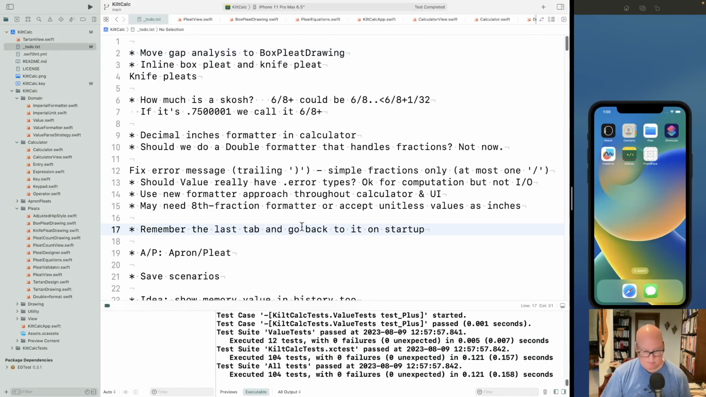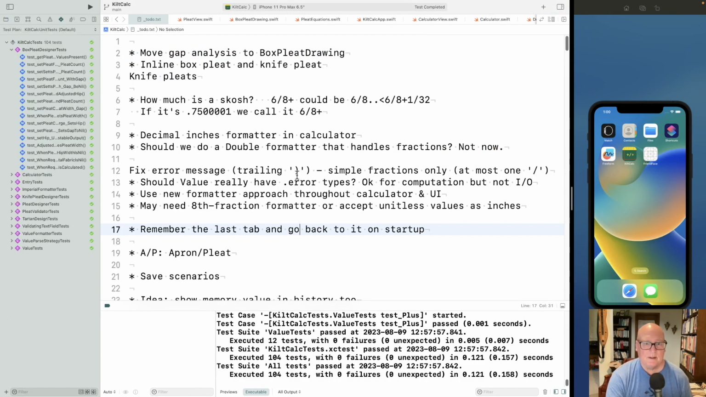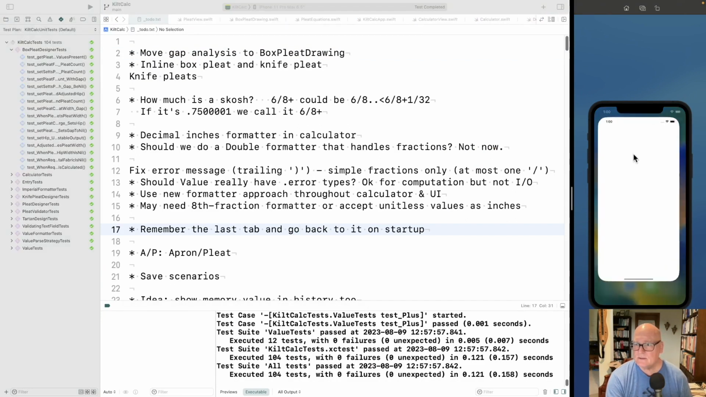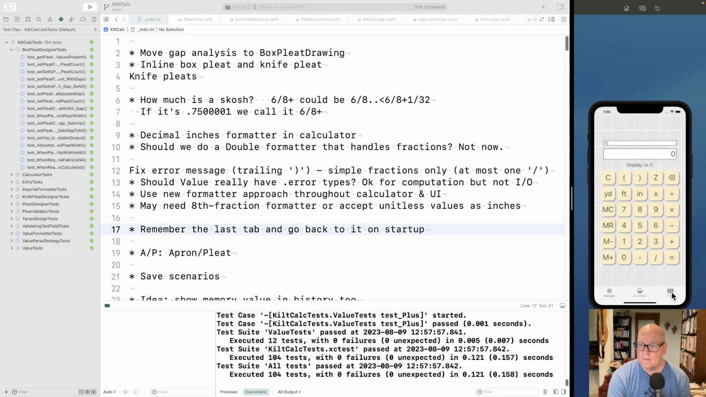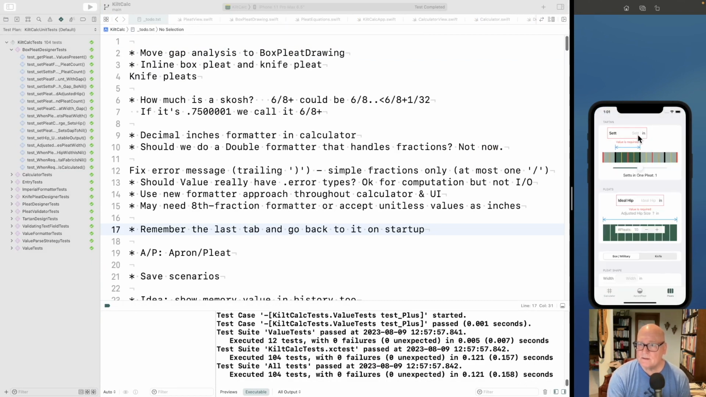All right, I just ran tests, so those should be good. Yup. And we'll take a brief review here. So we've got this PleatDesigner. I wonder if it would benefit from a title, but